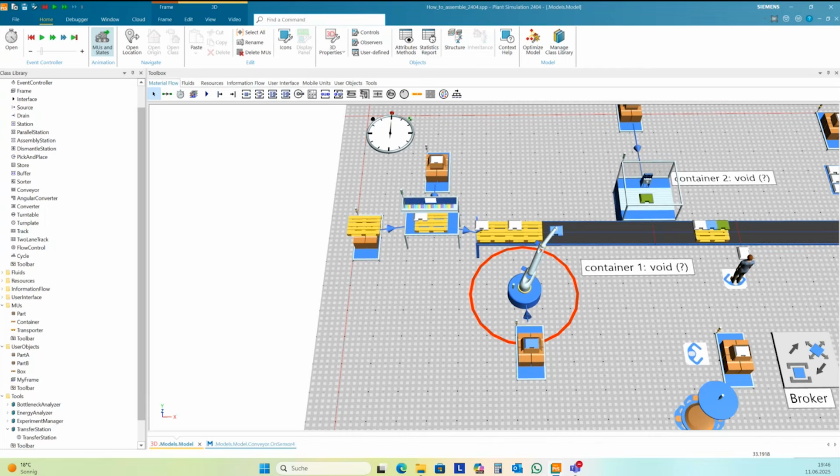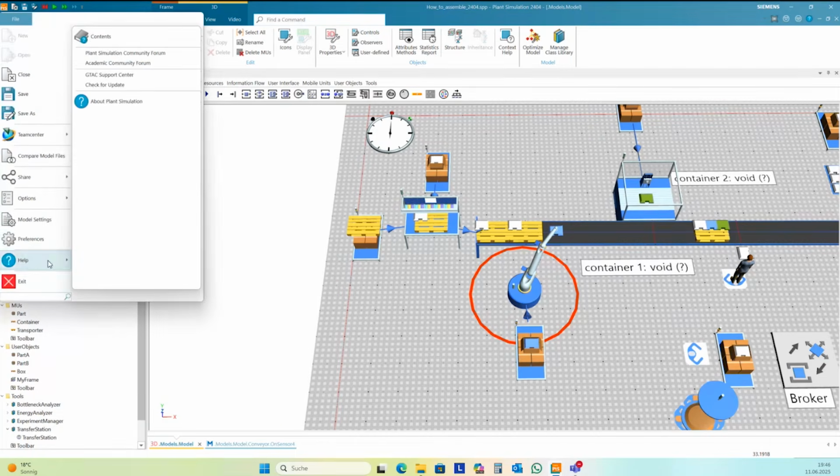Okay. All right, so we had a big question on how can I start my simulation journey? What are some prerequisites and some skills to learn? It is really helpful if you have learned another programming language, but it's not really necessary. And you can find in the help here, if you go to help and contents.